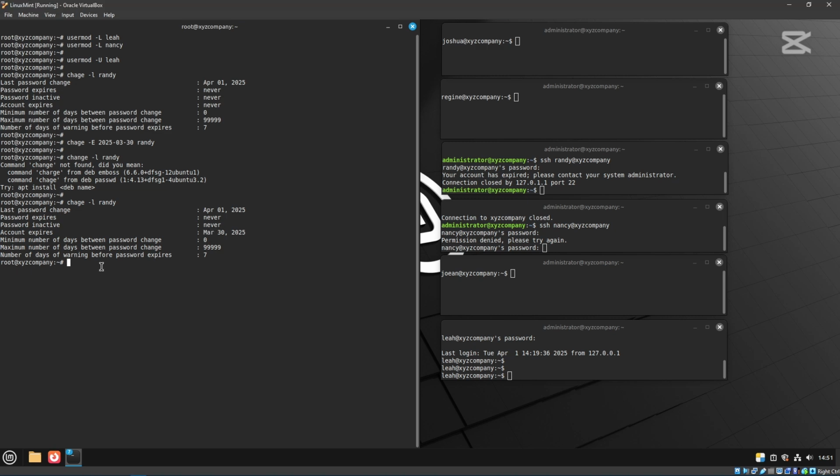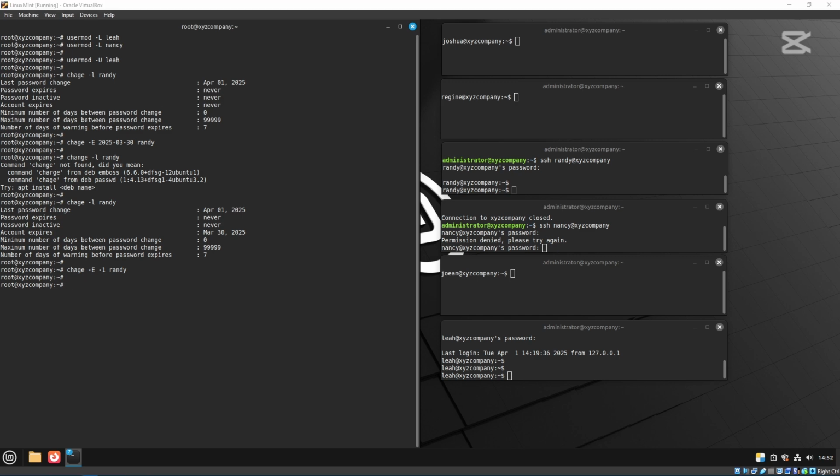To remove an expiration date, let's just type this without the date, and instead of writing the date, let's put 1. So I think Randy now is able to access his account. Randy 123. Yes, that's it. And we want this account to be open or accessible within 3 months again, as Randy renews his account